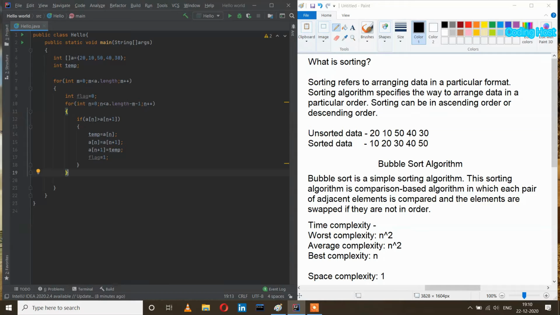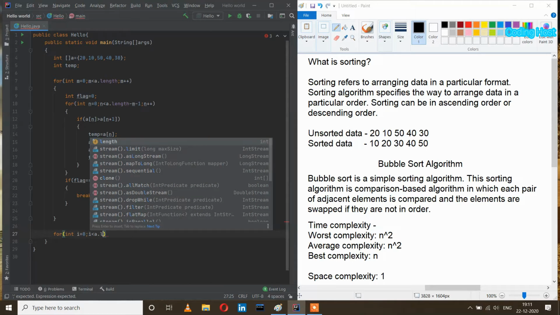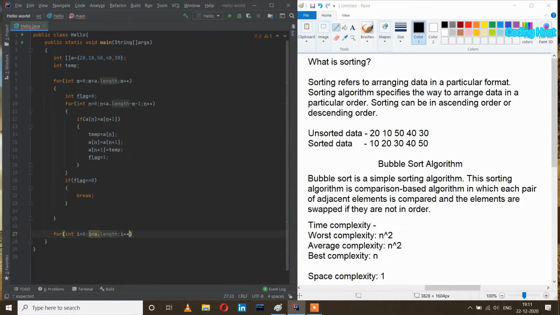Outside of this inner loop I will take an if statement: if flag equal to 0, I will write break. After that, at the end I will take one more for loop: for int i equal to 0, i less than a dot length, and i plus plus.